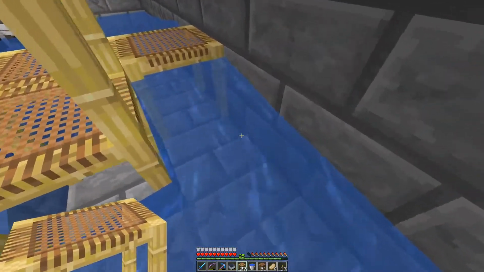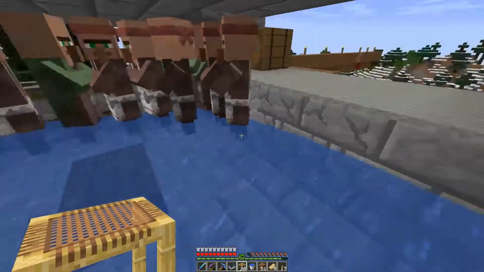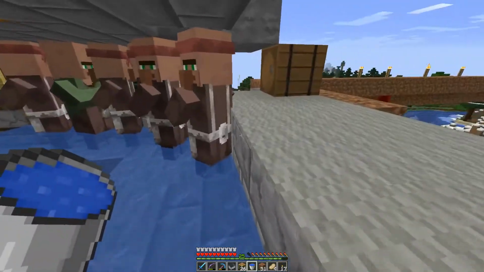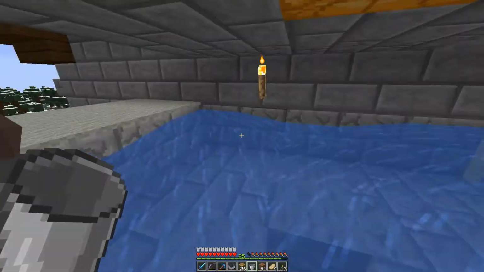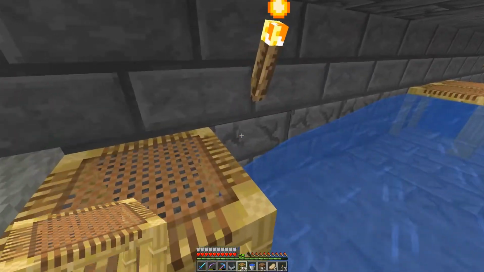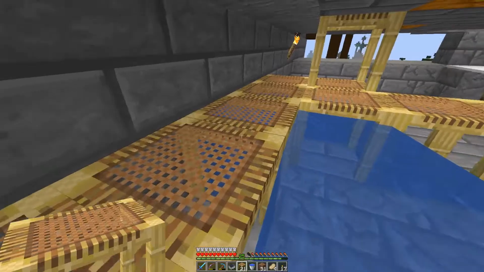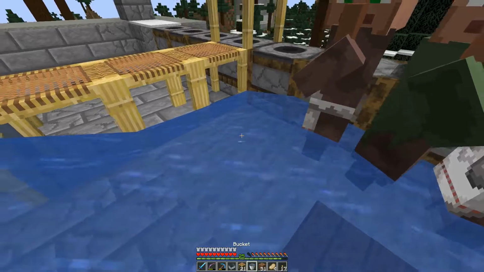Oh, it must be waterlogged now. And you can walk through it, which is kind of cool. Well, it's weird. Maybe I've got two water sources, but if I do another one here, will that? Well, that'll push them in the middle. I don't want that. Maybe that'll work. If I put another one here, maybe...